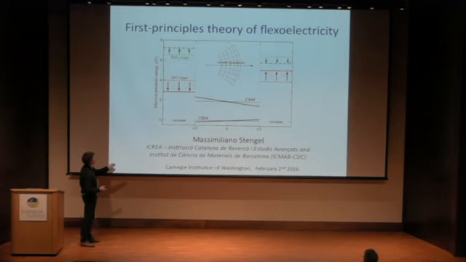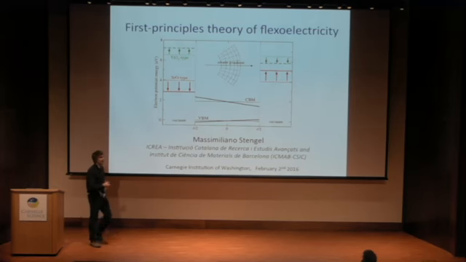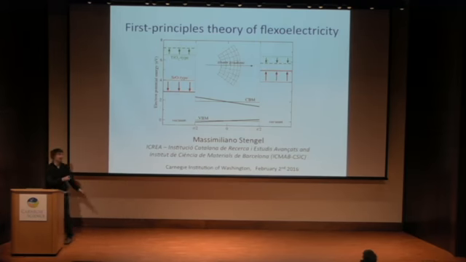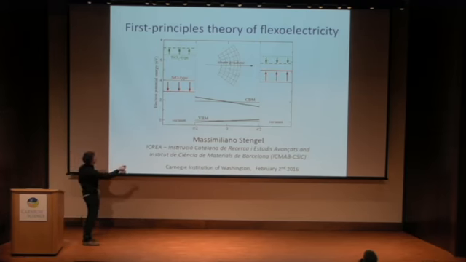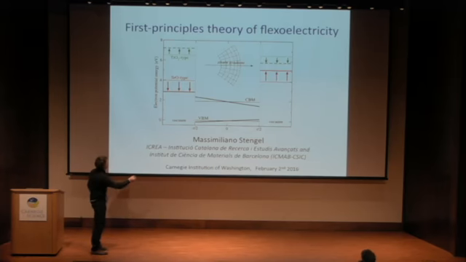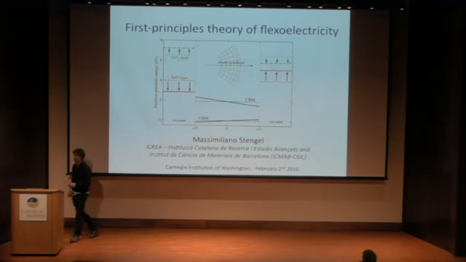What I'm showing you here is what happens if you bend a slab of strontium titanate like this, and you look at the band structure projected along the normal to the surface. Here you get the tilt in the conduction band edges at the bulk level, and you get surface effects and everything you need to completely define the electronic state, the electronic response of this system to bending.